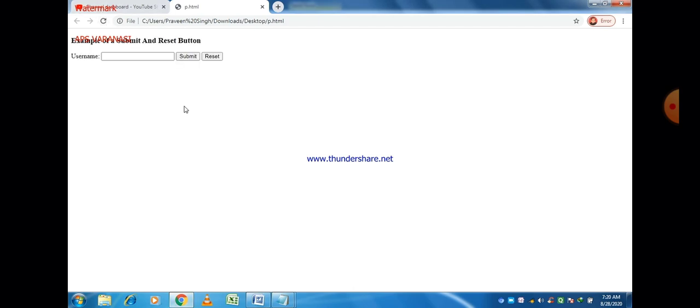Now you can easily see that there are two buttons, submit and reset, and you can give your name. Here I give it just Praveen, and the reset button basically clears that value. Again you can pick any other value, just like I give my name here, Praveen, and after the submit button, the reset button basically clears that value.